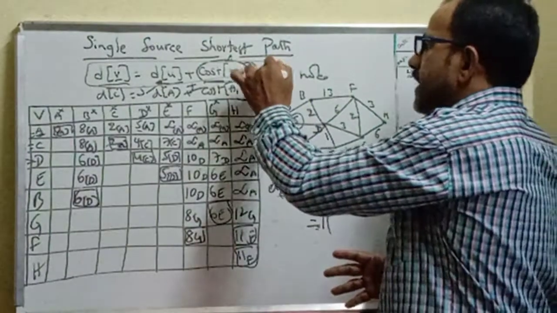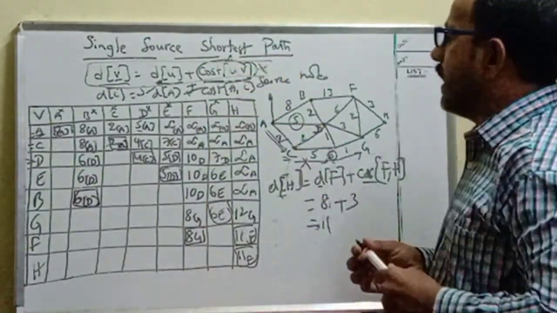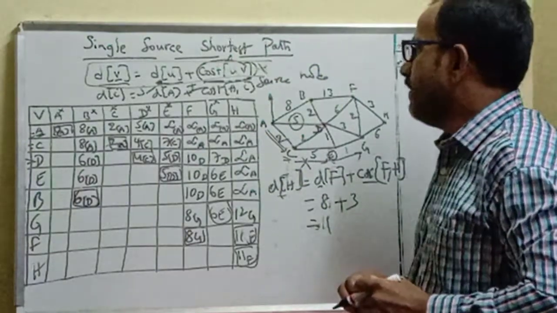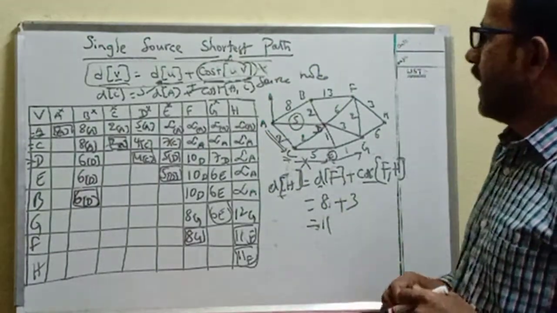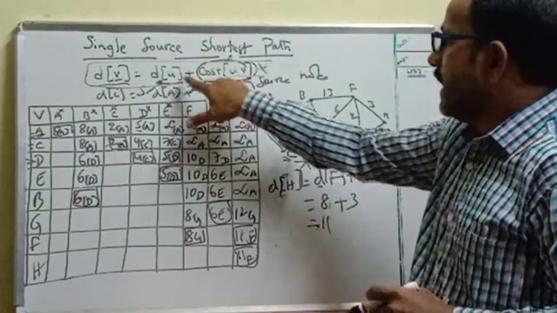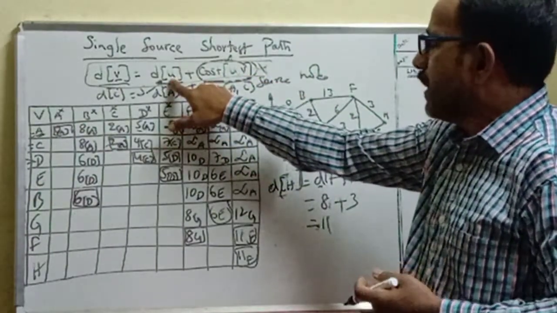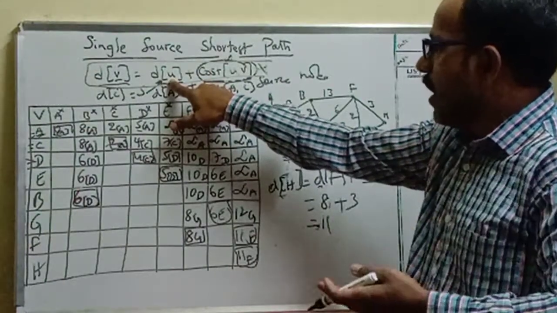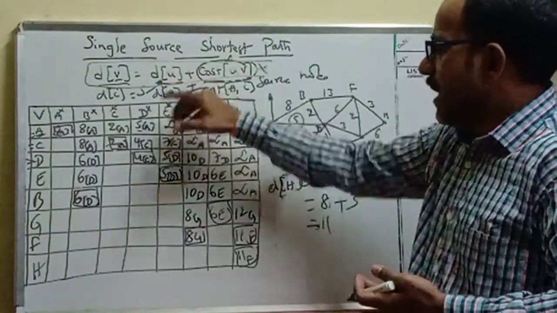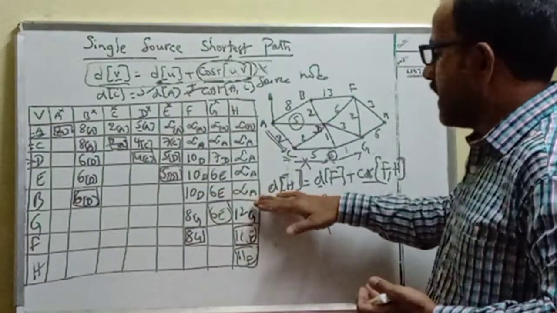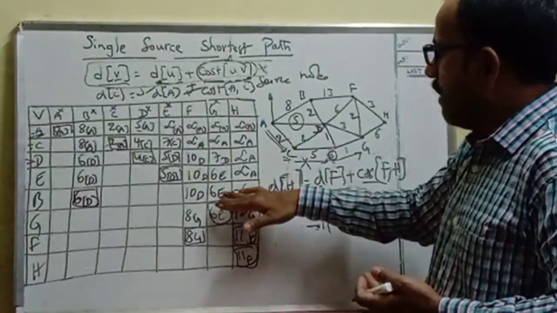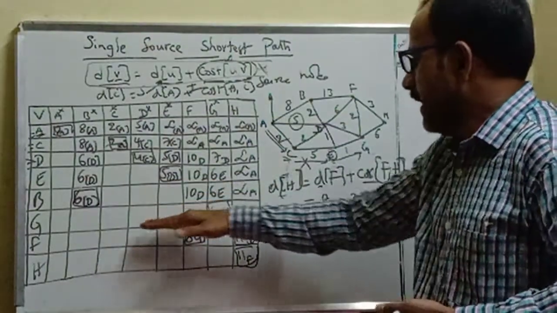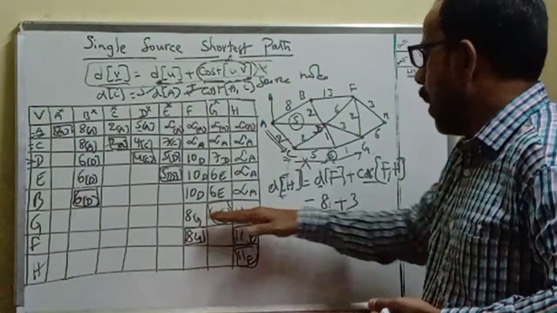Suppose there is no direct edge between the selected node and the intermediate node, then simply replace the cost of U comma V with infinity. Otherwise, add the edge cost here. This is the previous step's shortest distance node from the source. We treat that particular node as the intermediate node for the current step. After calculating all the values in the current step, again select the minimum number, and the node against the minimum number is treated as the next intermediate node, and calculate the shortest distance from that node to all the remaining nodes.